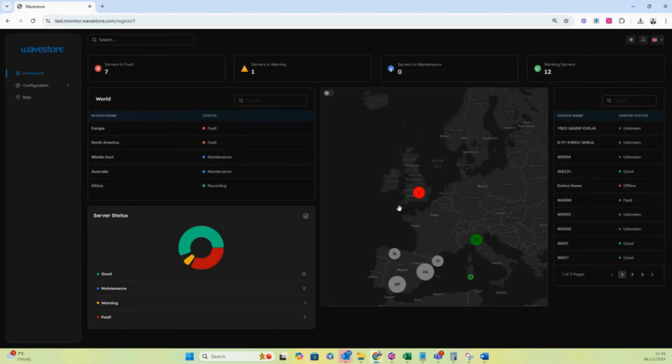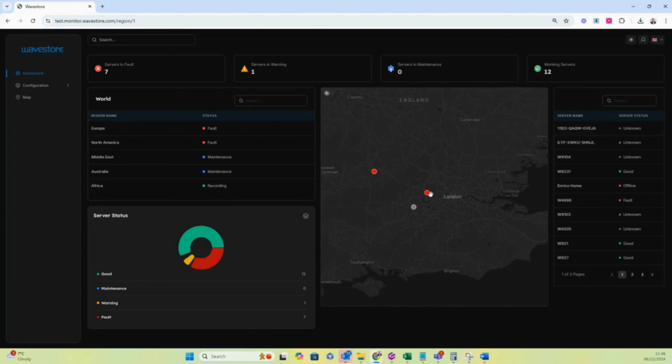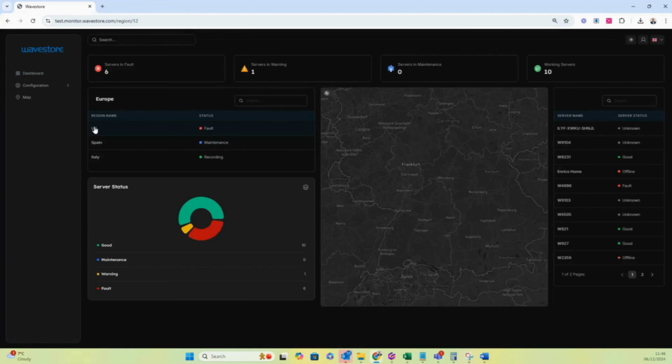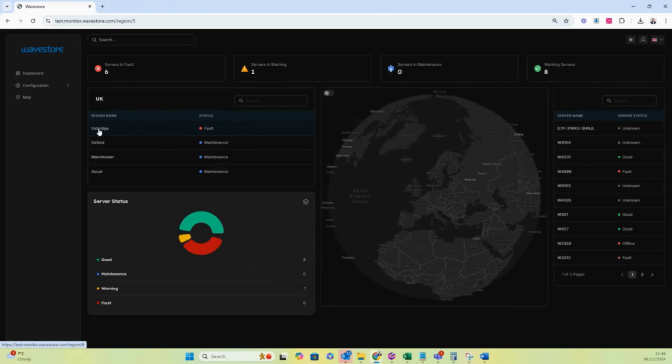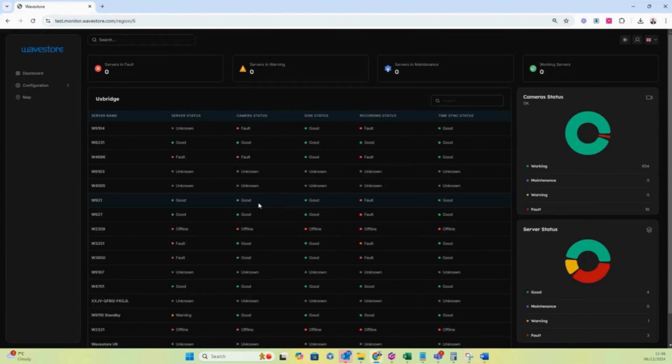Now that we've looked at the map, let's have a look at the site page. We looked at a demonstration earlier where we click down through our map view down to a particular site. There's other ways of getting to sites. We can look at our menu structure on the left. So if we want to look at Uxbridge, we can click on Europe. Europe then splits down to UK, and the UK splits down to site. So whether it's from scrolling your wheel or in a matter of clicks, you can quickly get down to the